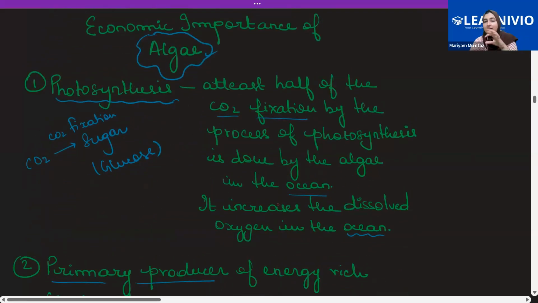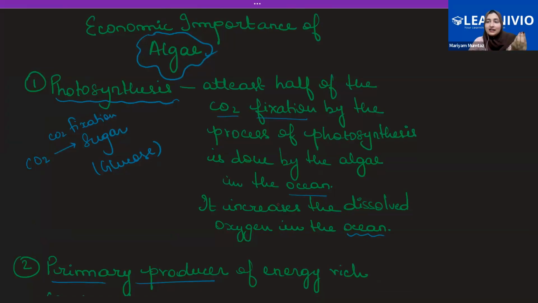First of all, in the water bodies, since algae are photosynthetic in nature, they'll be doing photosynthesis. If they are doing photosynthesis, that means they are making food in the water. And if they are making food in the water, then they are the producers. Obviously, they are. So they do a lot of carbon dioxide fixation, because during photosynthesis, the fixation of the CO2 molecule takes place to form the